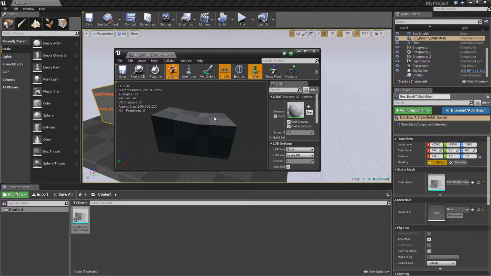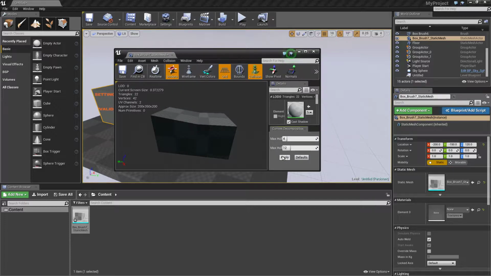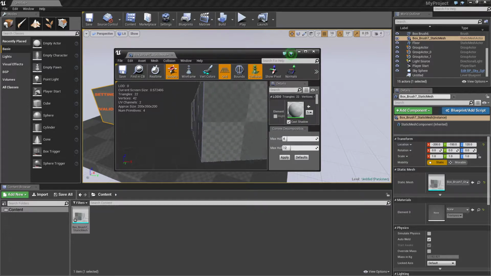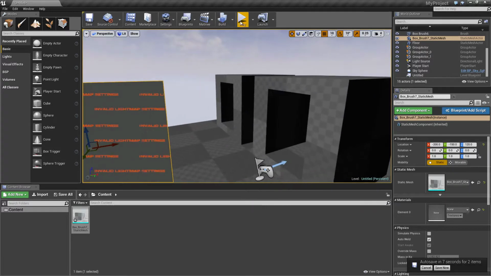So like you can kind of see now, it actually has no collision at all. You can, I believe, add some collision to this: auto convex collision. Do apply, and now you've got yourself a default collision file. Now you can just close that. Now if we walk actually into it,